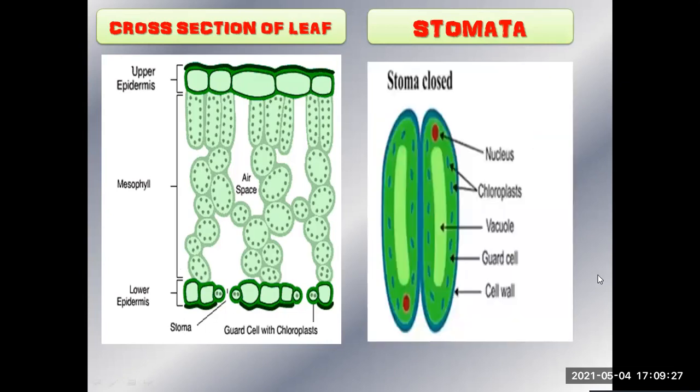So let's see. This is a bigger view of the stomata. The stomata contains two bean-shaped cells, and they are called guard cells. The guard cells also contain a vacuole. Remember, in the last video, we had studied the parts of a plant cell. It also has a huge vacuole. And those structures are chloroplasts. As you can see, many chloroplasts are streaming in the cytoplasm, and the nucleus is being pushed by the large vacuole towards the periphery.